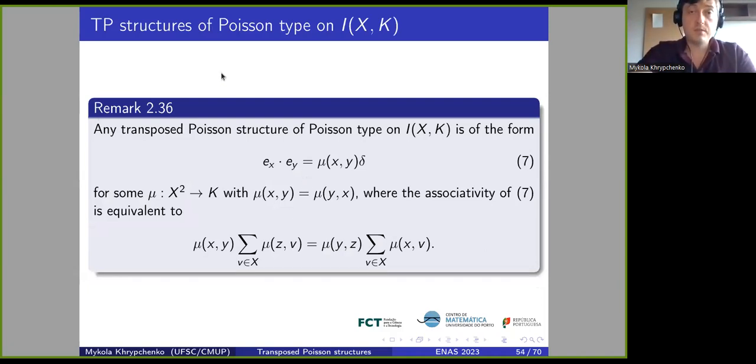You have TP structures of Poisson type on this algebra, and they are of the following form. You have the product of two diagonal basis elements, and it's a multiple of the identity element, whose coefficient depends on x and y. This map should be symmetric